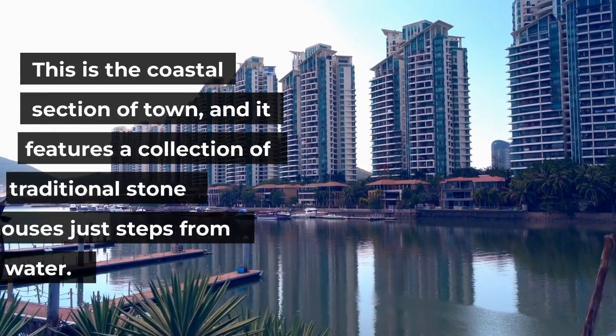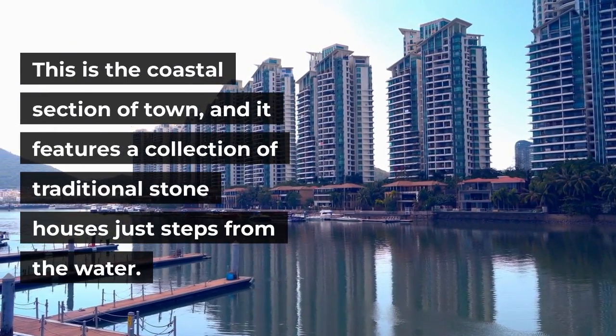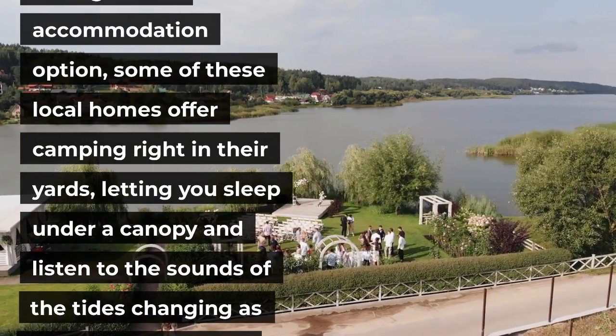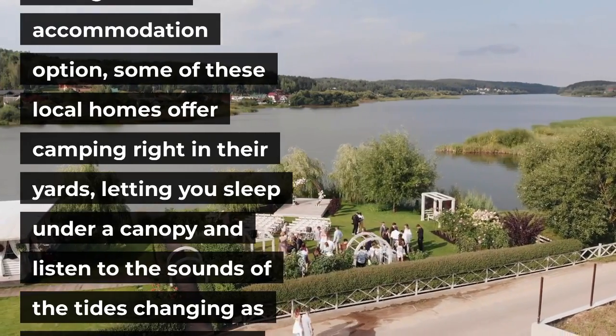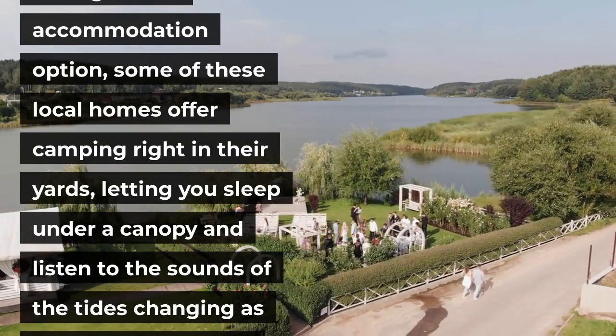This is the coastal section of town, and it features a collection of traditional stone houses just steps from the water. For an unusual but unforgettable accommodation option, some of these local homes offer camping right in their yards, letting you sleep under a canopy and listen to the sounds of the tides changing